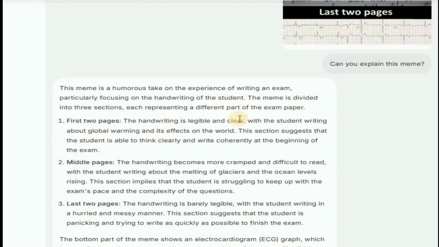So in the first 2 pages, the handwriting is legible and clear. This suggests that the student is able to think clearly and write coherently at the beginning. Then for the middle pages, the student is struggling to keep up with the exam space and the complexity of the questions. And for the last 2 pages, the student is panicking and trying to write as quickly as possible